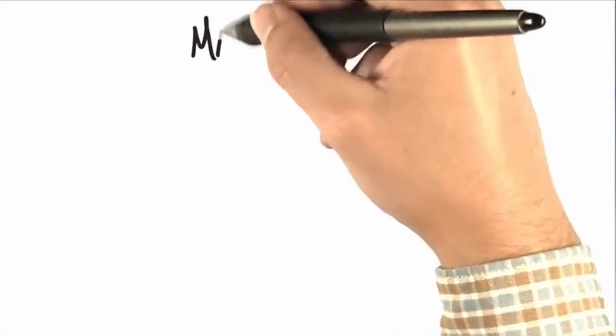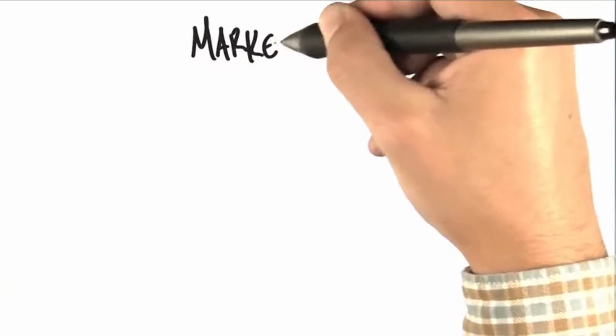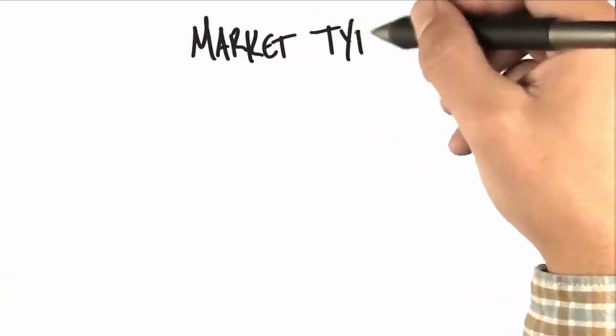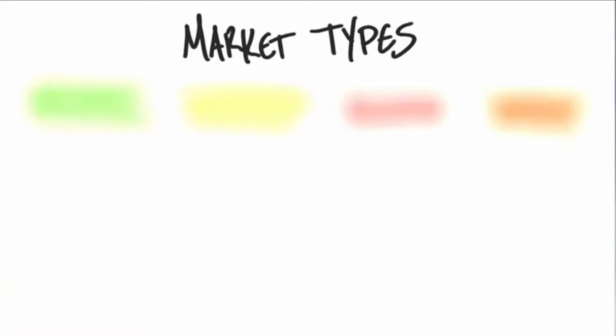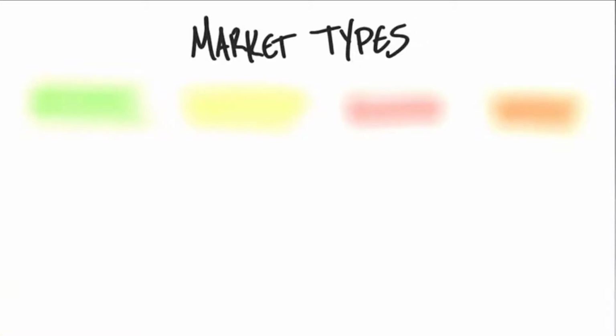So one last thing, and we've been avoiding bringing this up until now, but it's something you as an entrepreneur should know. It's a secret. And it's a secret that we didn't even understand for a long time. And that secret is there are 4 types of startups. And not knowing which type you are can really sink your company. So we call this market type. It turns out that there really are 4 types of markets for startups.